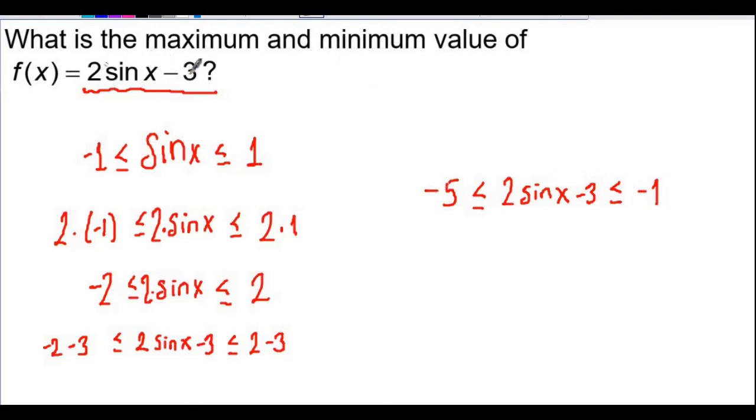So the maximum value of this function is -1. So let's write maximum is -1, and the minimum value of this function is -5. So the minimum value is -5. All right, so